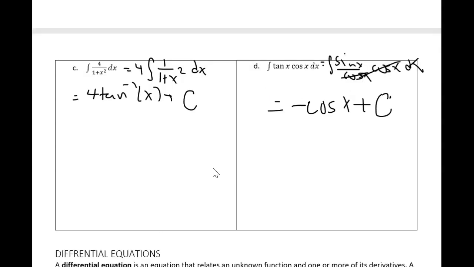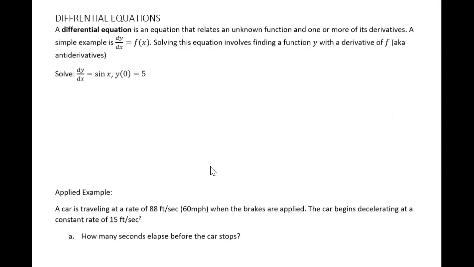All right, we're going to finish up these notes with differential equations. A differential equation is an equation that relates an unknown function and one or more of its derivatives. A simple example is dy/dx equals f of x. To solve this equation, you basically find your function y whose derivative is f, which is what we're doing when